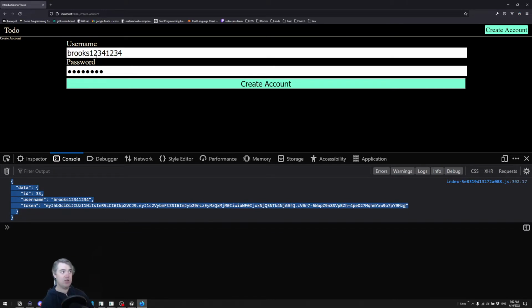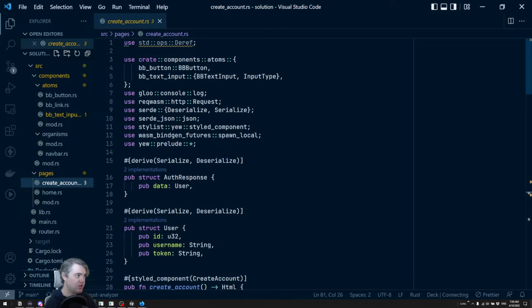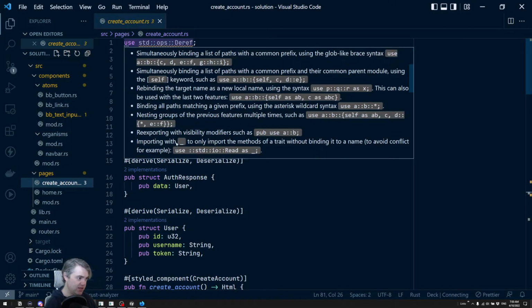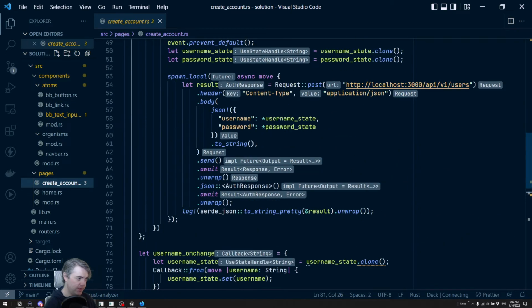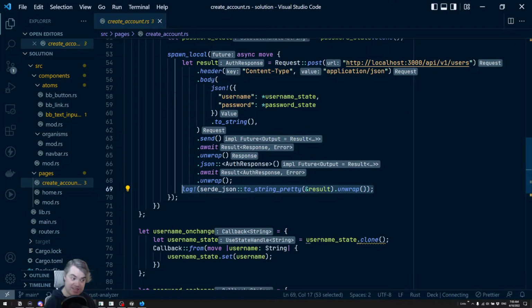This needs to disappear, which means we need to unload the create account form and go back to that page. So we should be able to do that. So here we're in the create account code. This is sending us, okay, there's our log after we get the result back. We now want to send us,